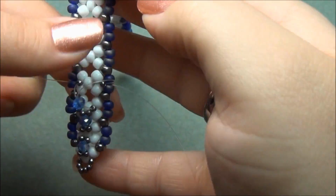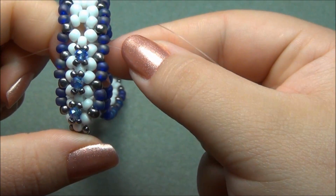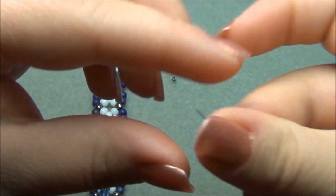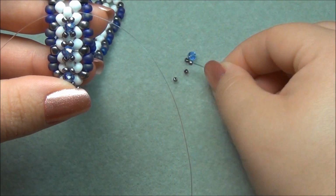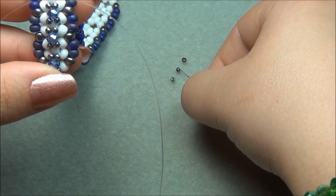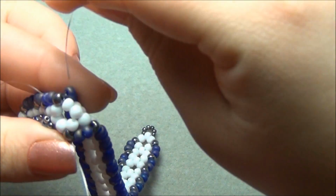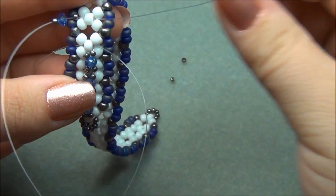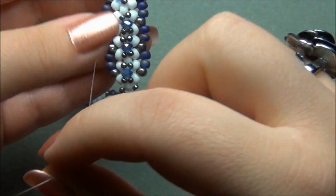Pull both ends of my string, and it looks like this. I'm going to do it one more time to show you. Take my right string, pick up an 11, a rondelle, an 11, and then I'm going to go through the beads in this direction. Just like that. I'm going to take the other string,